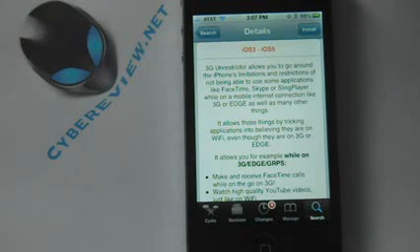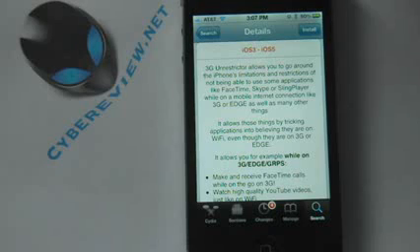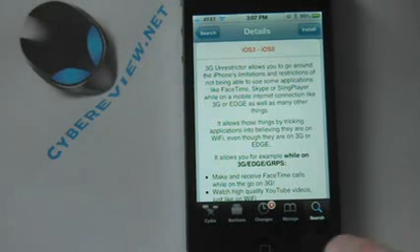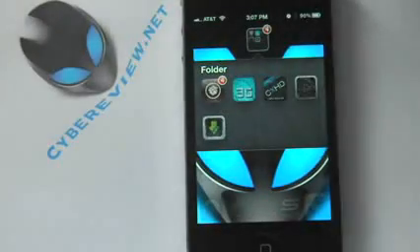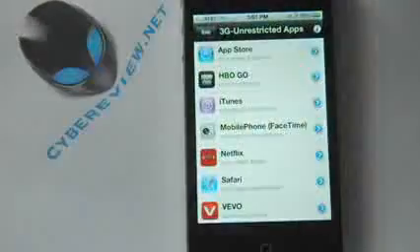Also, when you're playing Netflix or YouTube and you have that pixelation when you're watching it over 3G, if you use 3G Unrestrictor, it'll make the pictures a lot clearer, just like it's over Wi-Fi. Another good thing it's used for is when you're trying to download one of those apps that's over 20 megabytes or update it. This will allow you to do it over 3G, which is really cool. So, let's go ahead and jump into the app here.